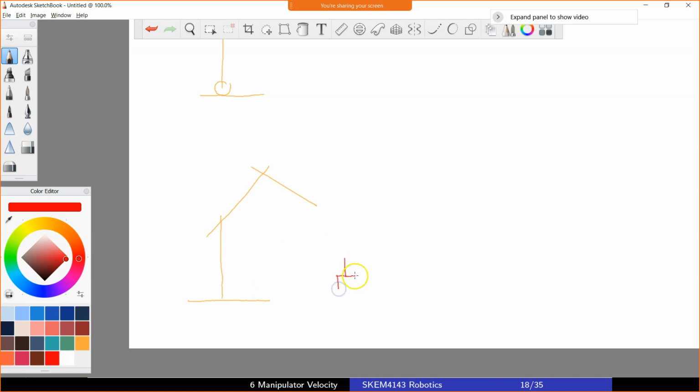Let's say this is the initial pose, T0, and I have a final pose of the end effector, TF. So if I want the robot arm to move